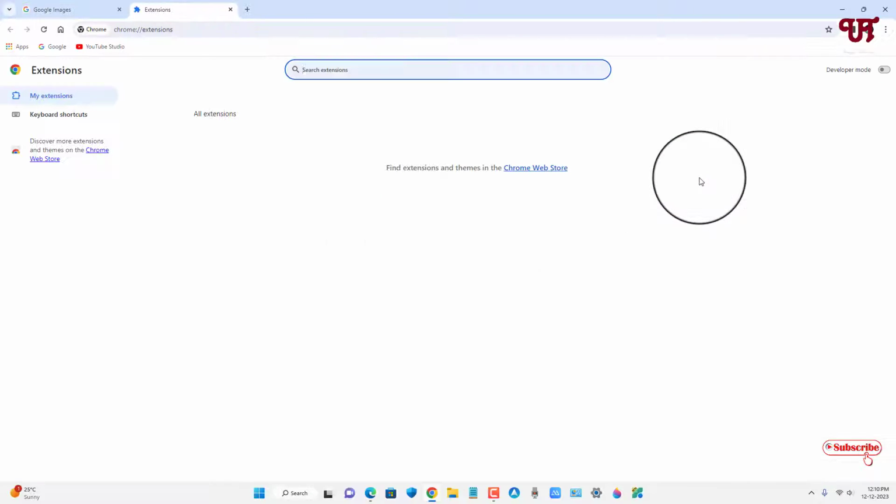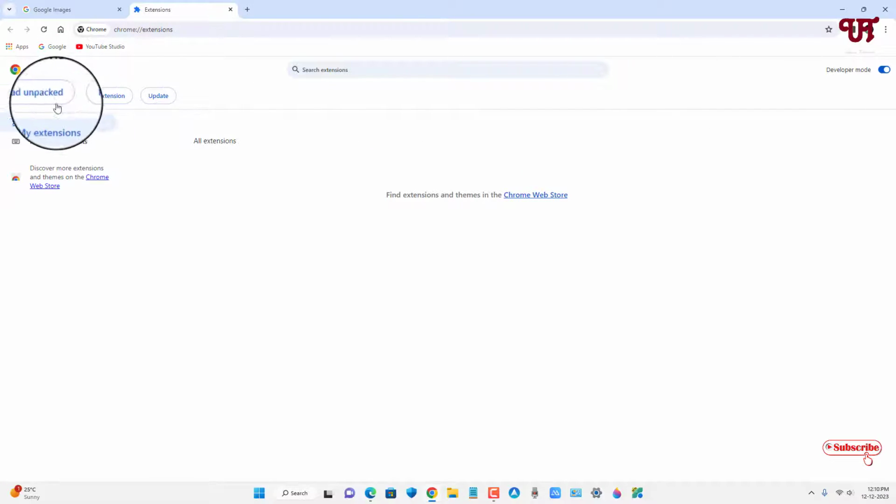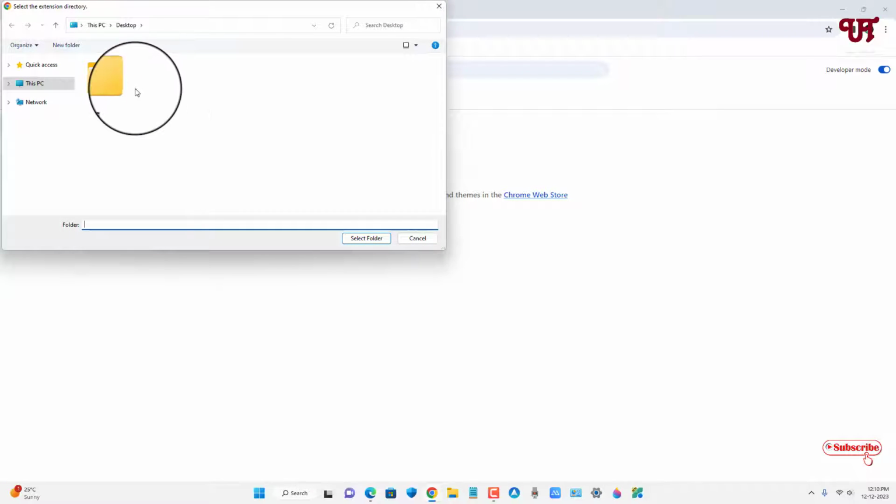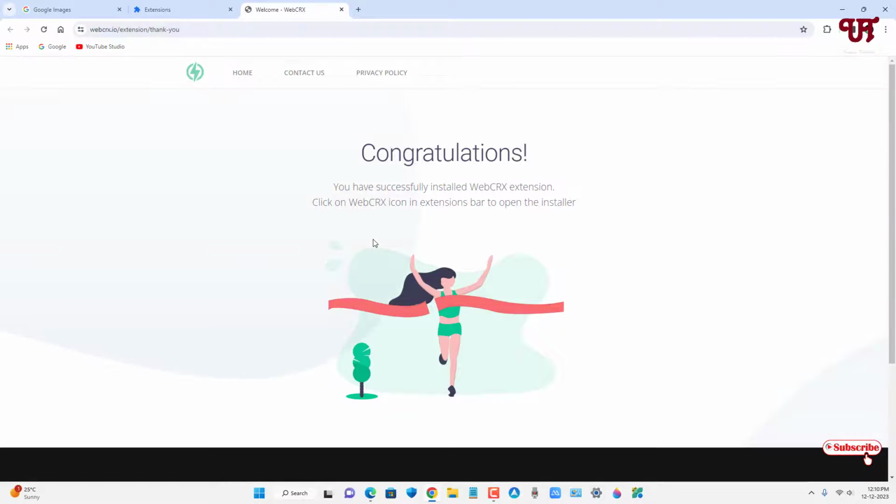Just click on it. Now on the right side you can see here developer mode option, just enable it, and now you can see here on the left side load unpacked, just click on it. Now select the folder which we have extracted just now and click on select folder. Voila, now you can see we have finally installed this .crx file in our respective Chrome or Chromium based web